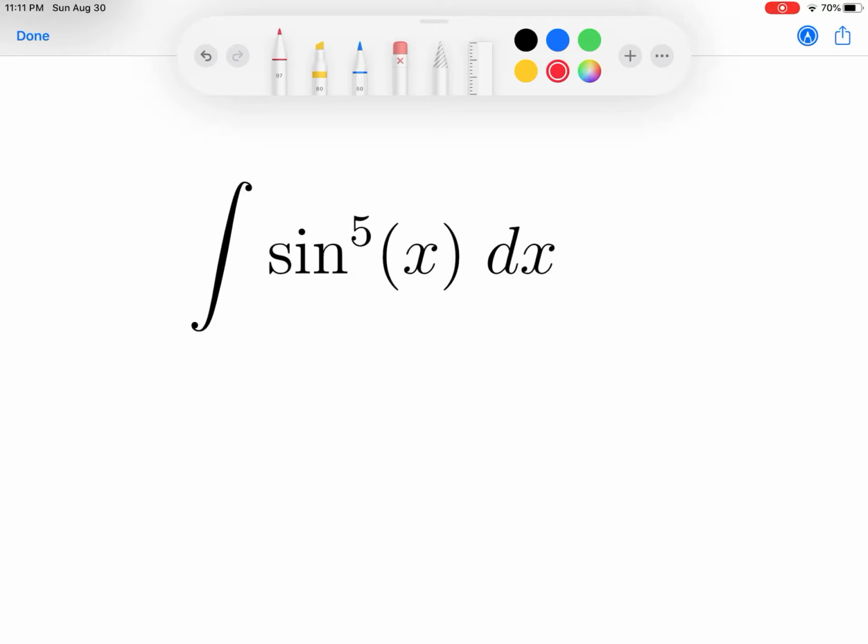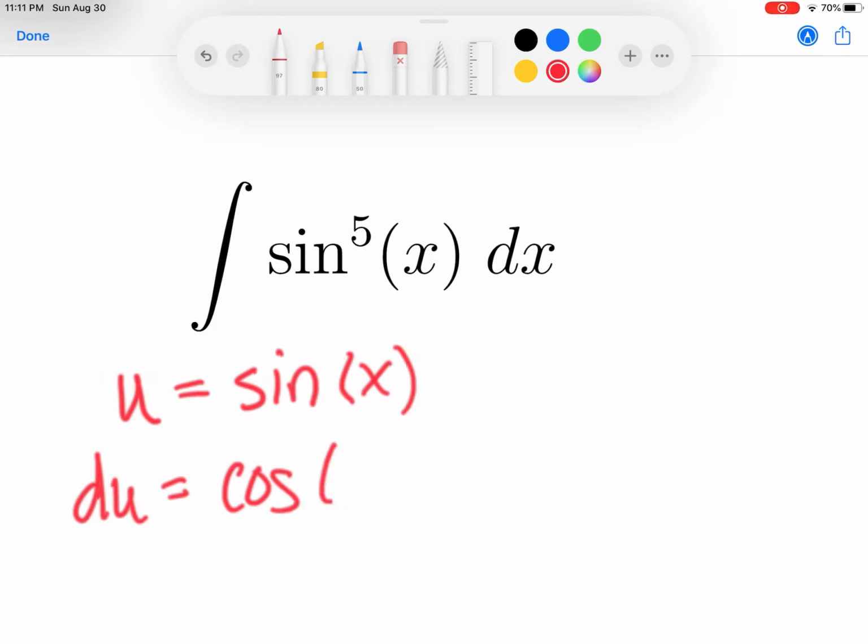Okay, let's figure out if we could do a U sub. So let's say that u, what would we let u be? Let's let u be sine, right? Just like we did last time. Cool. What's du? Du is cosine